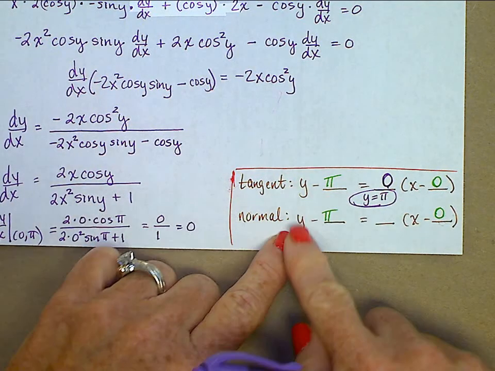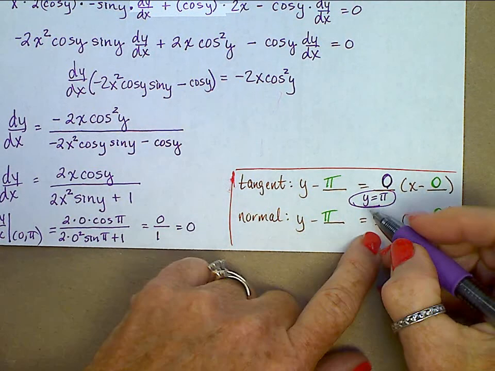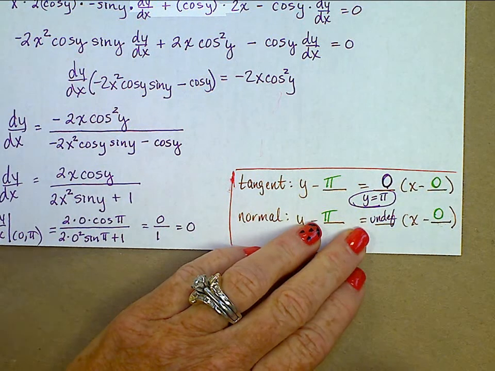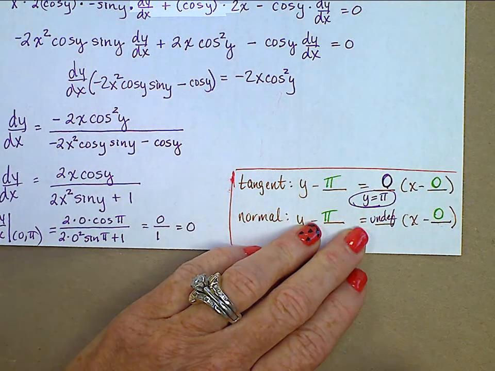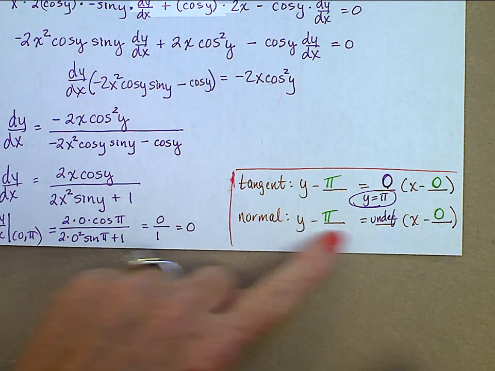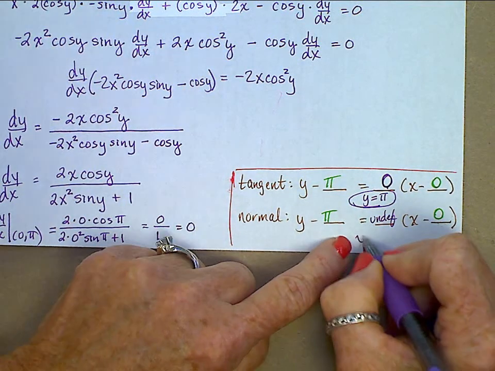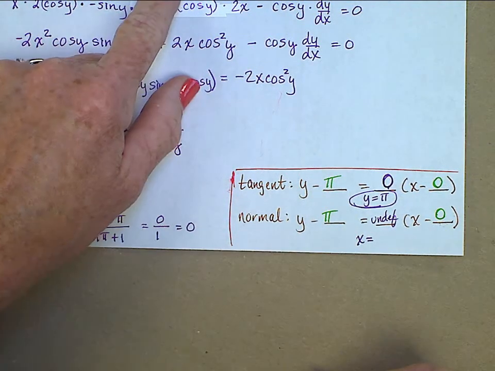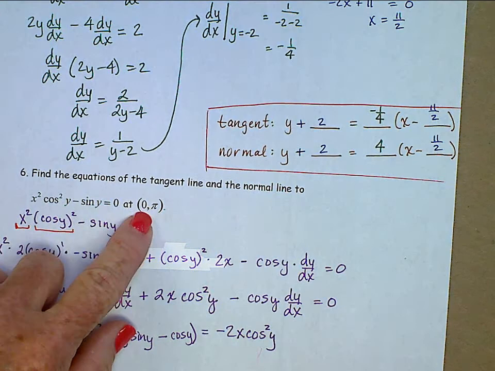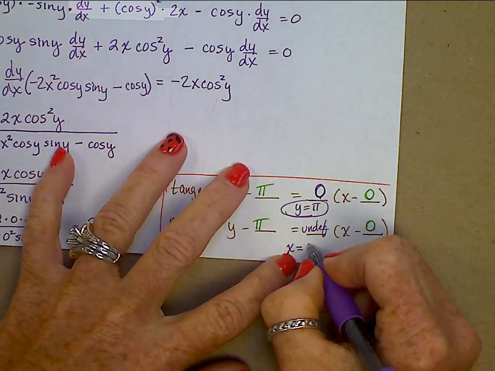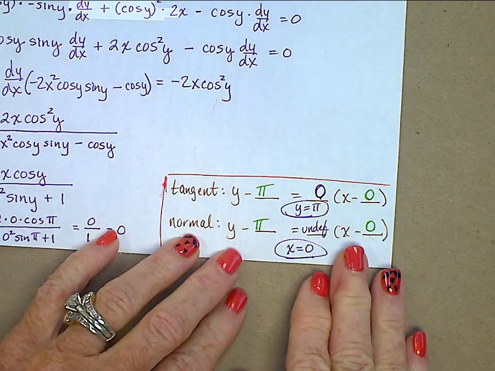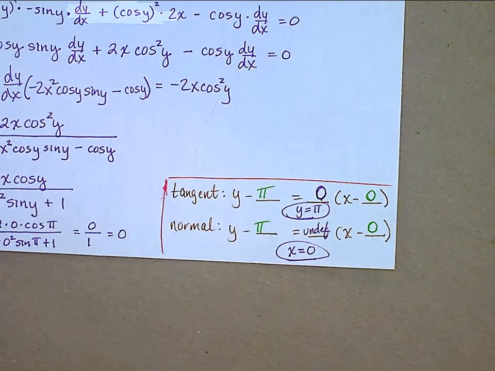The normal line has then a reciprocal, undefined slope. But that doesn't matter. What is this? This is a vertical line. And a vertical line is always an equation of x equals. Well, what is the x-coordinate of the point? Way up here, x-coordinate of the point was 0. So the normal line is at x equals 0. Whew! All that work to get a horizontal line and a vertical line. But it was